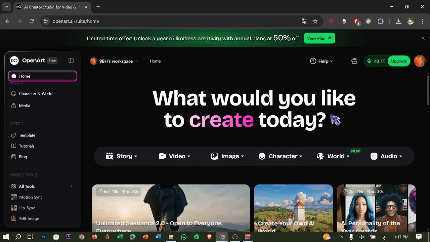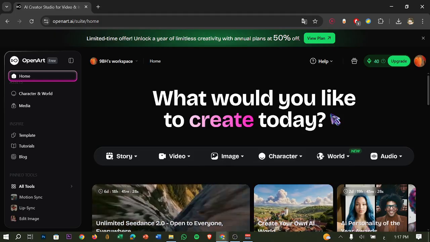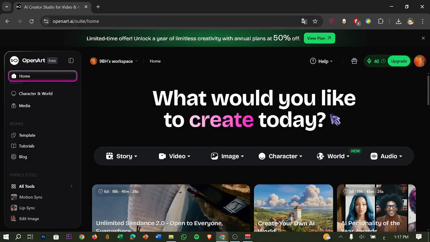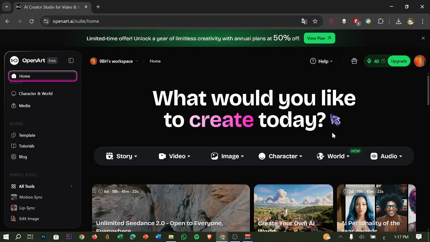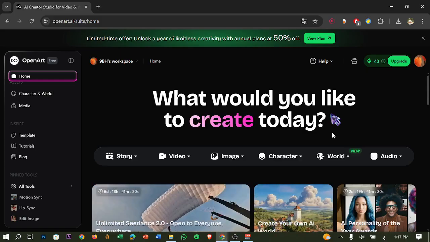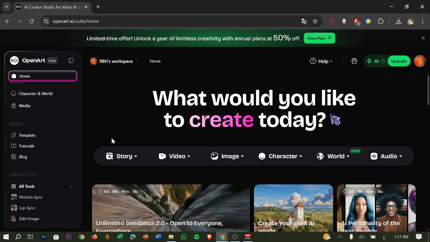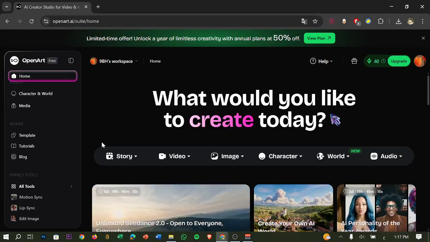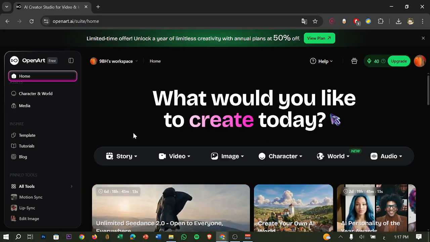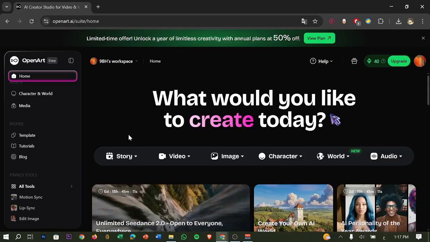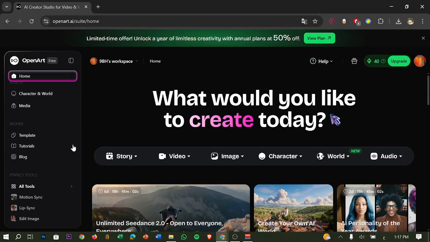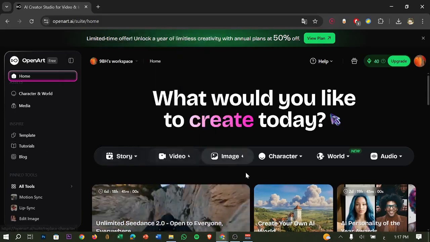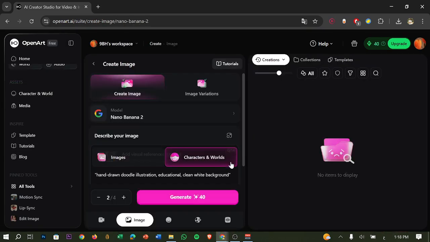Creating cartoon avatar videos where OpenArt lets you turn animated characters into talking or moving videos. It's perfect for content creation, storytelling or faceless videos. So in this guide, I will show you step by step how to create cartoon avatar videos on OpenArt in 2026, fun and professional. So first thing first, go to the OpenArt image generator, write a prompt like cartoon avatar,